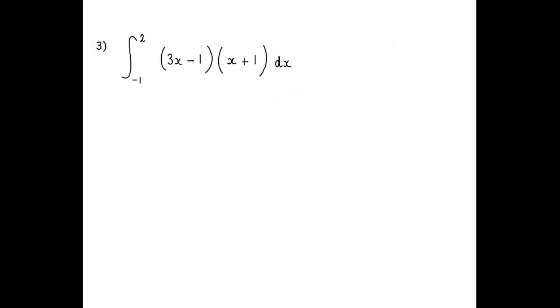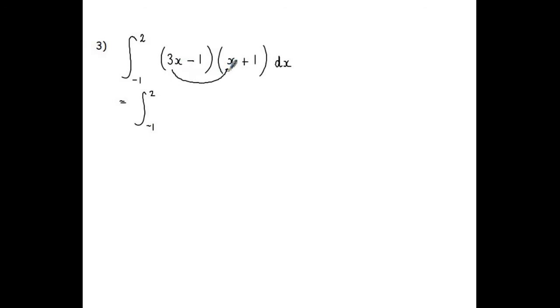Next one then, so you can see you've got the integral of 2 and minus 1, and then you've got a double bracket. So you've got 3x minus 1, x plus 1. So the first thing we want to do here, don't put your square brackets down straight away. We're going to need to expand this double bracket. So remember, keep your integral here, the 2 and the minus 1, and we're going to expand this double